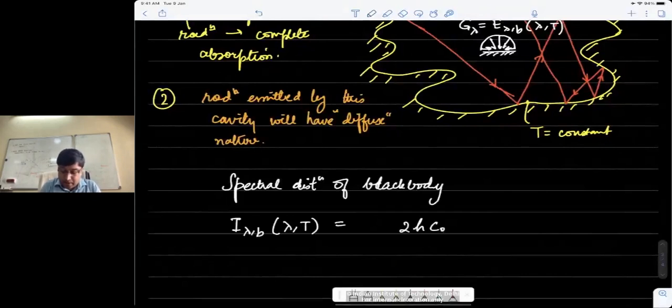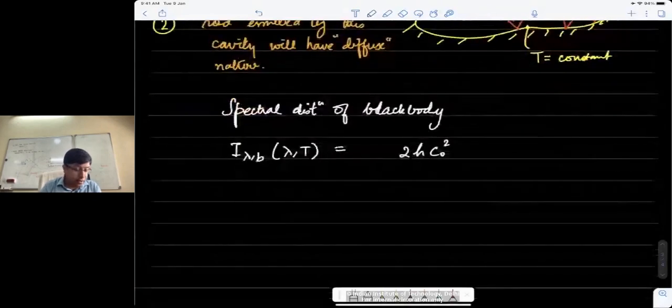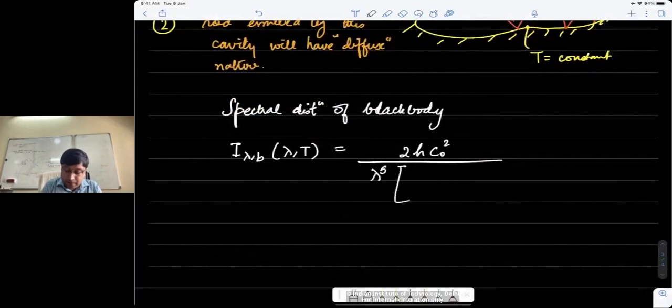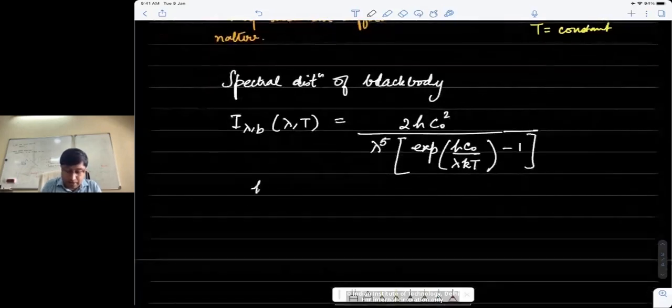This is given by, which was actually derived by Planck, 2h c naught square by lambda to the power 5, times exponential of h c naught by lambda kT, minus 1, where h is the Planck's constant,